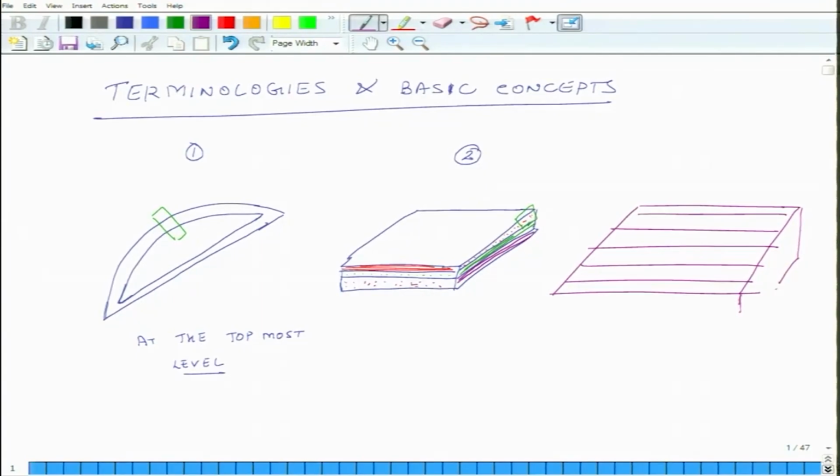Here you see the cross section, and then if you look at this even more closely, you are just taking one single fiber. So, this is view number 3. So, you go from topmost view to somewhat detailed to more detailed view, and then if you look at a smaller piece of this further, what you will see is